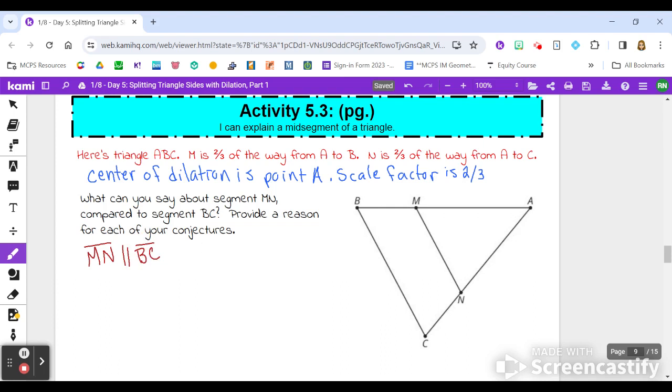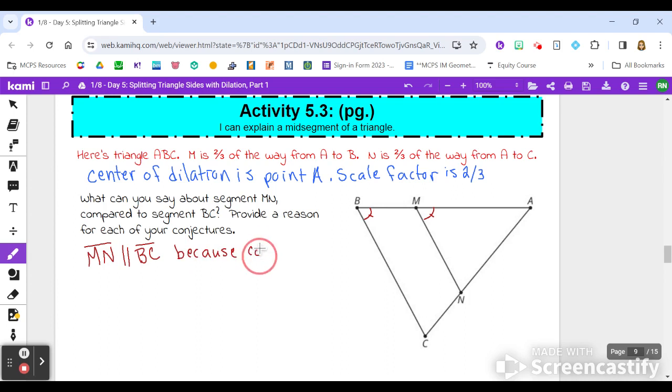When we make a dilation coming from a center point and the lines happen to be collinear, then we're going to have parallel lines. We know with our dilation these two angles are congruent. If I just pay attention to MN and BC cut by a transversal, these two angles are corresponding angles. And if corresponding angles are congruent, our two lines have to be parallel. So MN is parallel to BC